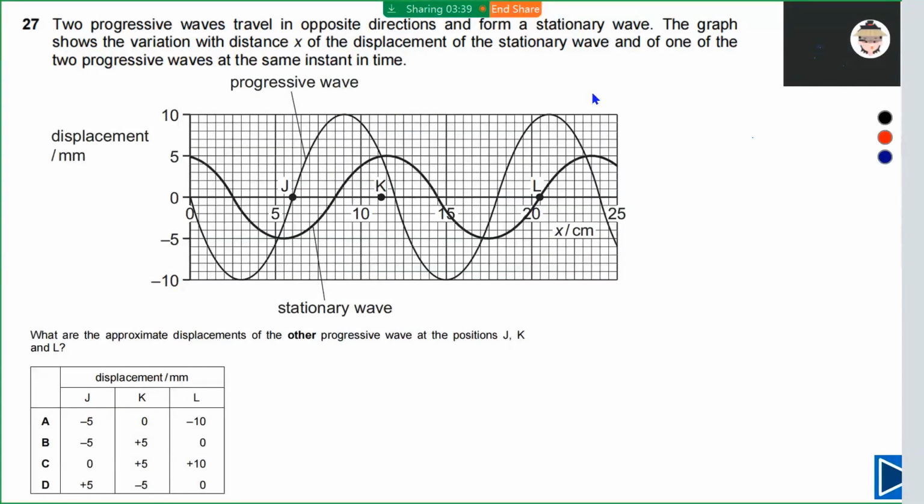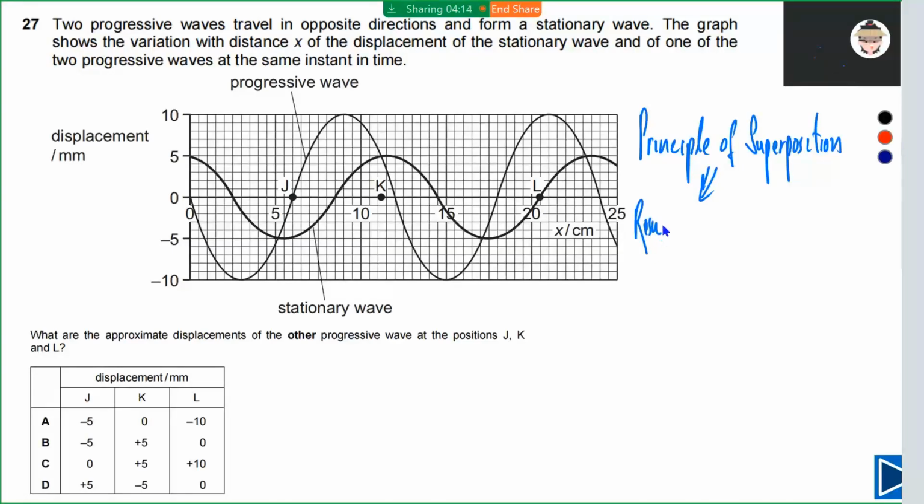This is a very nice question about superposition of waves and stationary waves. You need to use the principle of superposition. So let me write down here the principle of superposition. You have to use this principle. The principle of superposition simply tells us that the resultant displacement, you can say the displacement of the resultant wave,